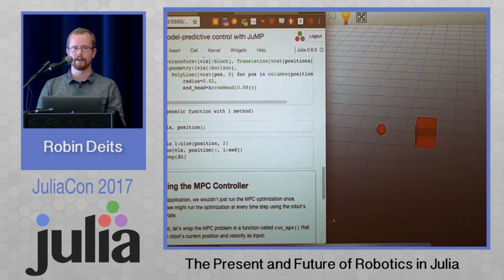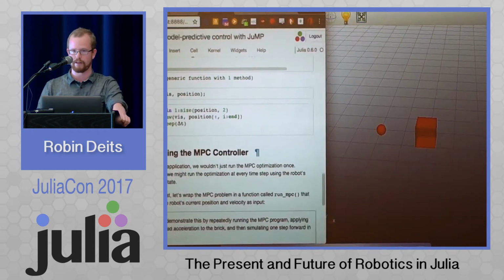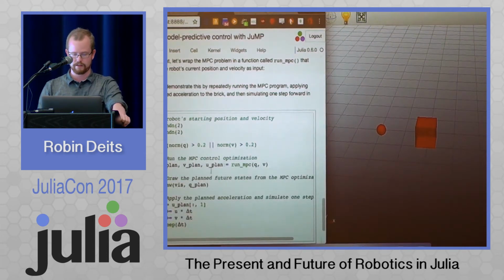We run MPC, we're running this optimization brand new from scratch every time. So every time step, we're going to run this optimization, make a plan for the robot, and then execute the first part of that. So that's this whole thing. This is an entire MPC controller in Julia. It doesn't take much code. So at every step, we're going to run the MPC optimization, draw the result, apply the plan, and integrate with,